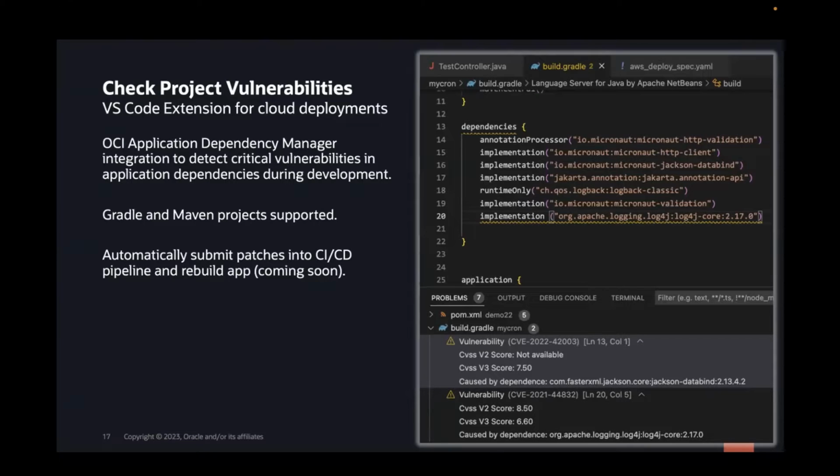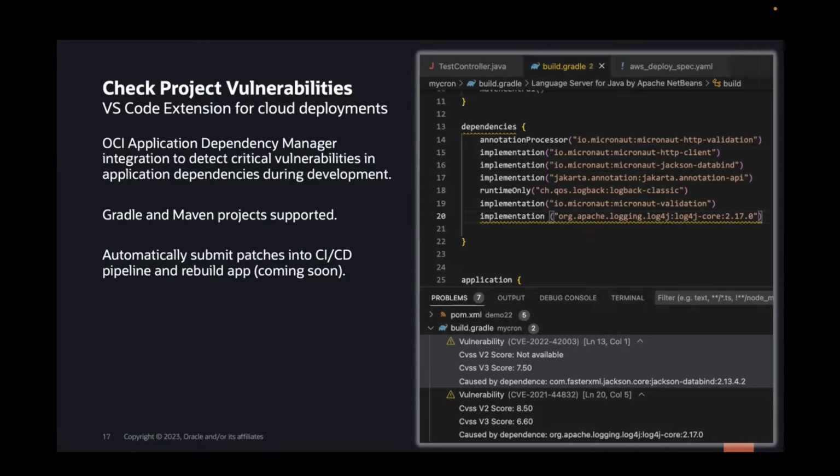So as you push your project to the cloud, to OCI, we automatically do a vulnerability check, and you get the results of that vulnerability check directly back into your VS Code output here. In the problems pane of the output window inside VS Code, if there are any vulnerabilities, you'll be notified in here. You won't need to switch to OCI to go and find some report that says you have a vulnerability in your application. We're trying to expose that useful information to you directly so you can do something with it. So it's all about trying to make the process of developing these applications easier for you.